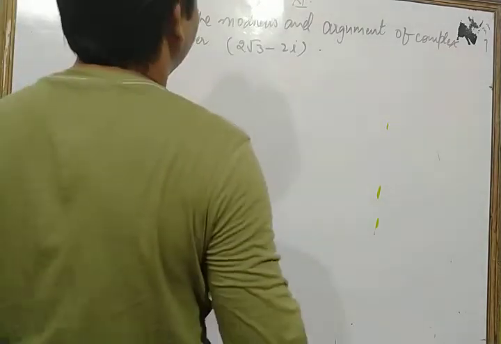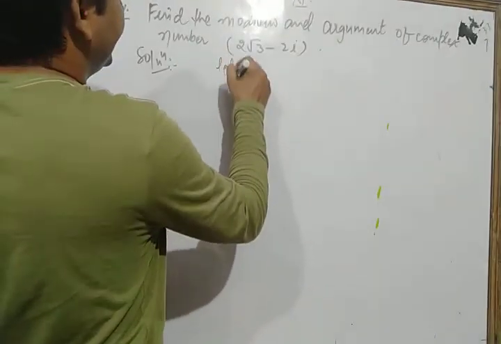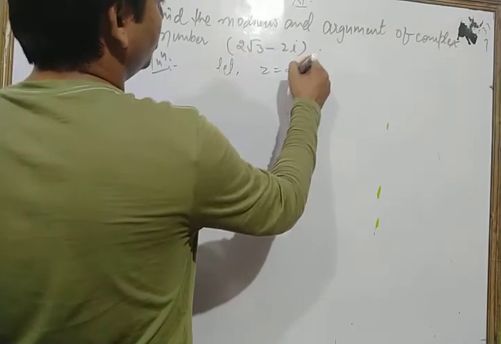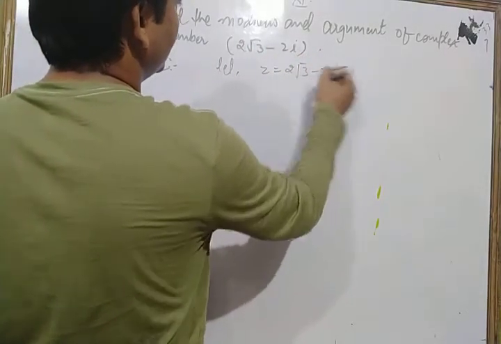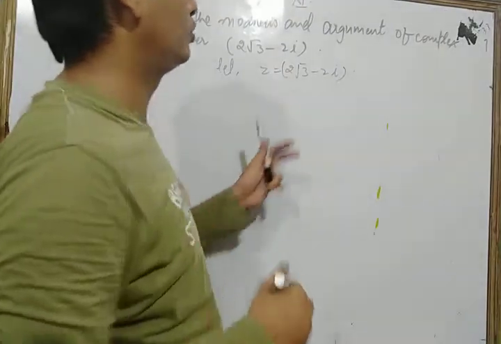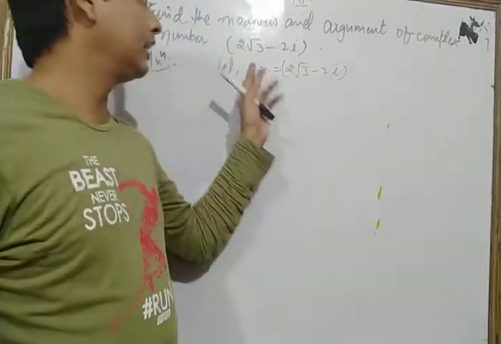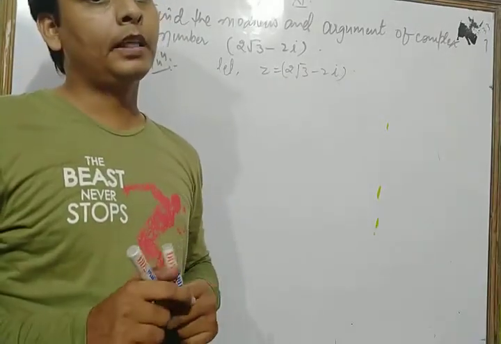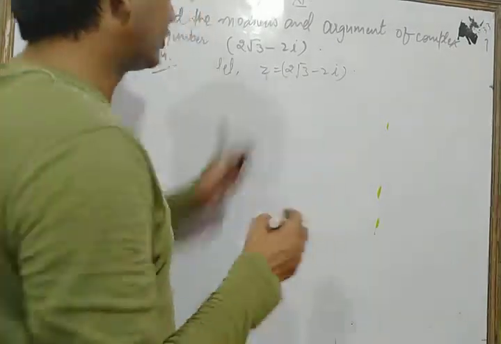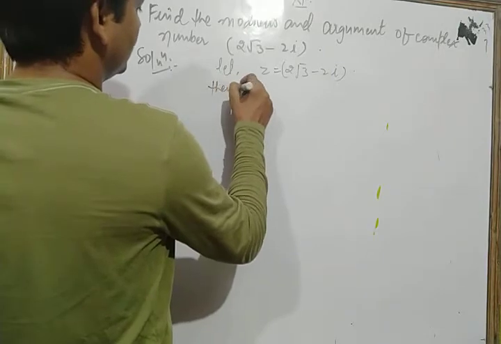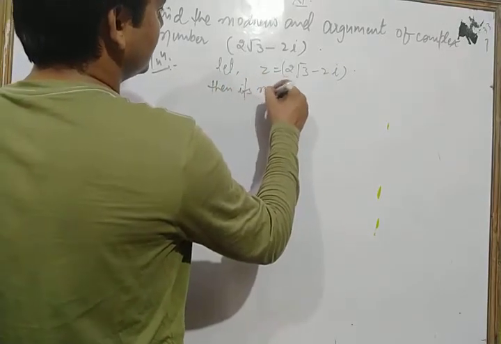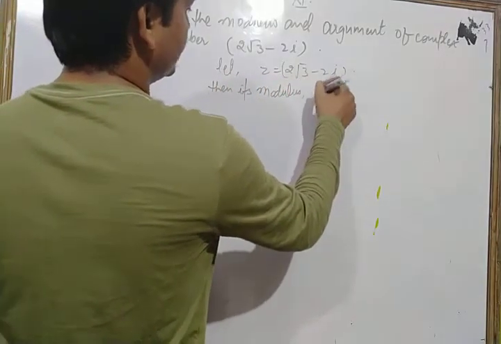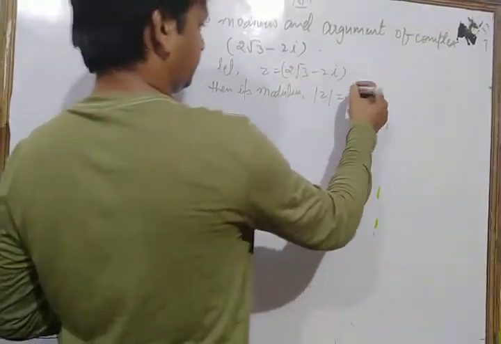First of all, we take z equal to 2 root 3 minus 2i. Suppose we take the given complex number as z equal to 2 root 3 minus 2i. Now for finding the modulus of that complex number, its modulus, that is mod of z, is equal to